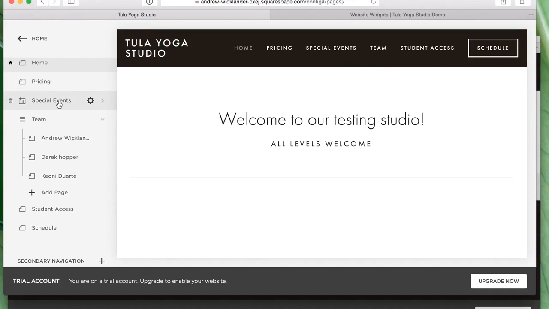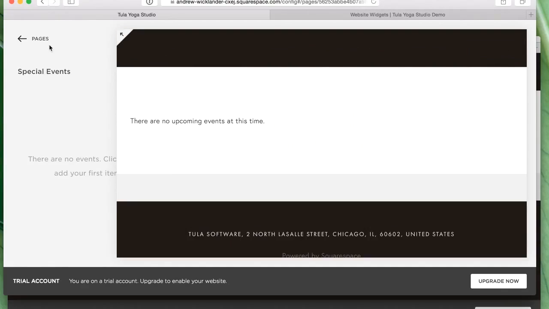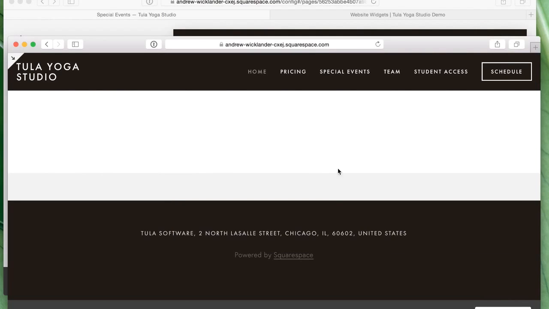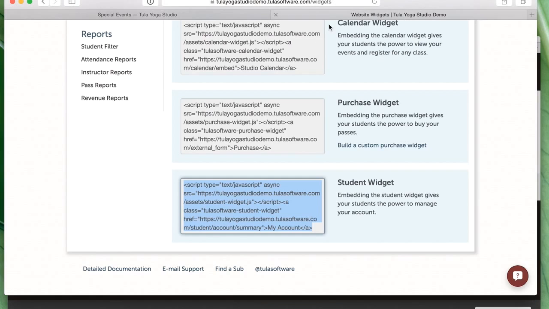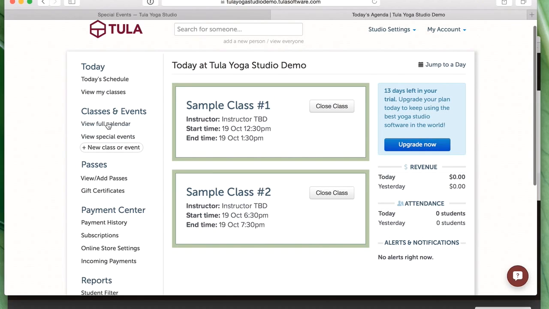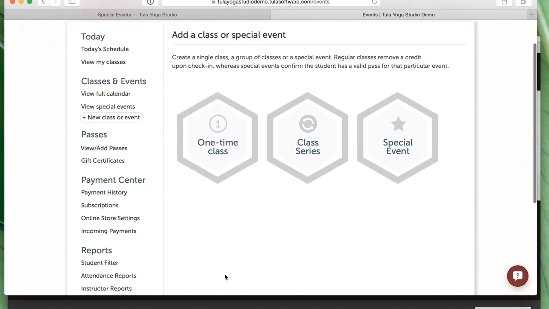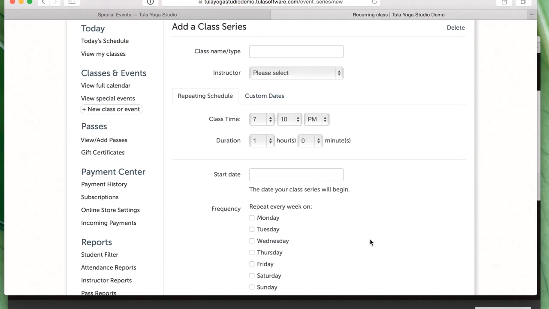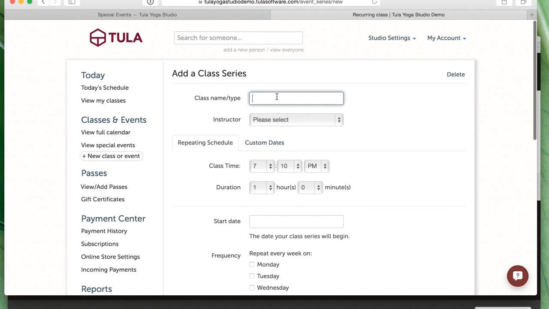So let's now talk about these special events and how events are managed inside Tula Software. So as you know, we previously created the calendar widget and put it in the website. So what I'm going to do now is just create a little schedule of events for just a month or two. So in Tula, when you create events, you can either create an individual event, a series of events, or special events. So right now, just for the purposes of getting our calendar filled, I'm going to say we have